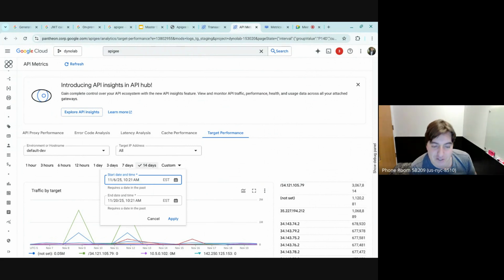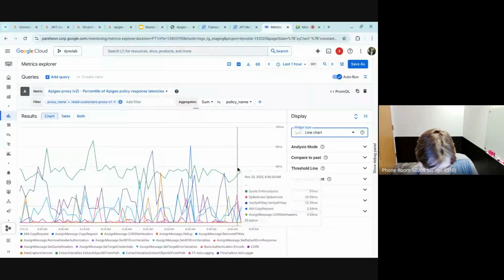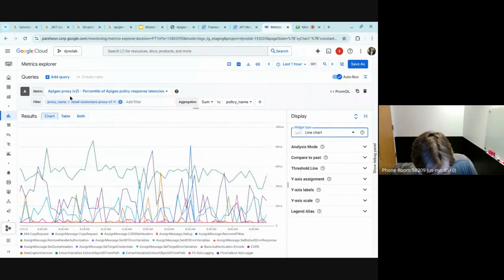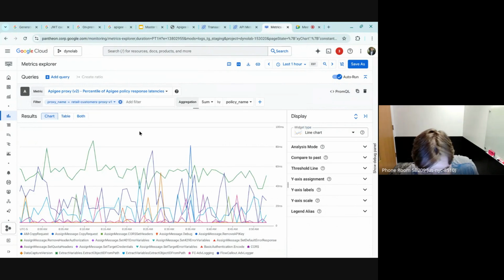Second item with that as well. This is something a lot of people may not know. You can actually get per specific policy latencies associated with a specific proxy. As you're probably aware, like I mentioned before, there's 150 plus metrics available out of the box to Apigee. All this information is funneled into the Google Cloud monitoring stack. So there's metrics specific to my policies. I just said, hey, I want to extract all the policy latencies associated with a specific proxy, and I want to sum it by the policy name.